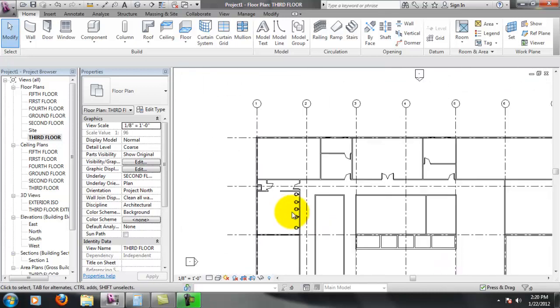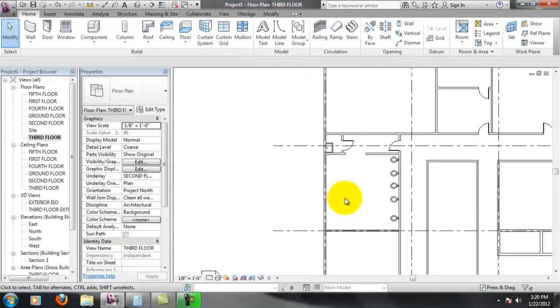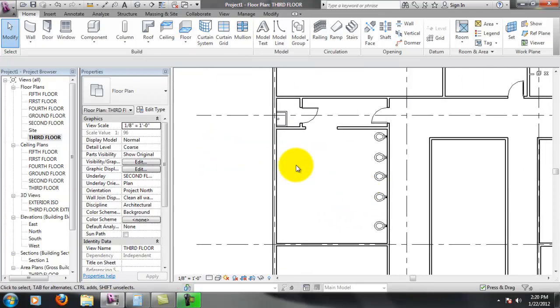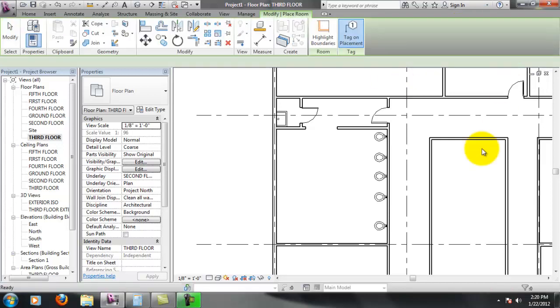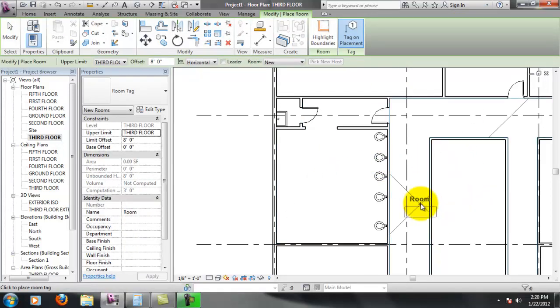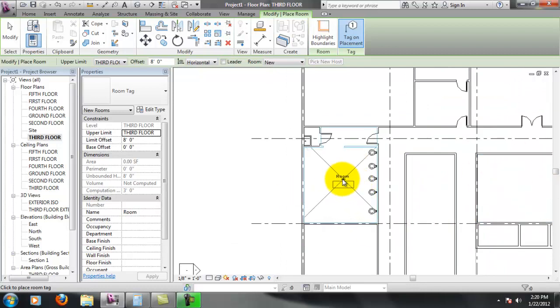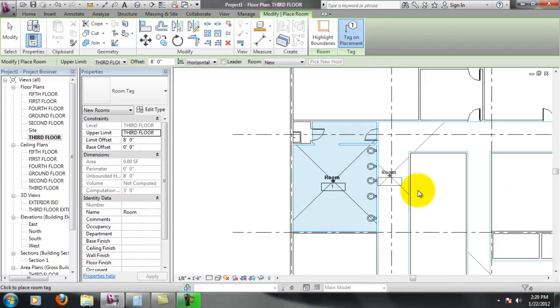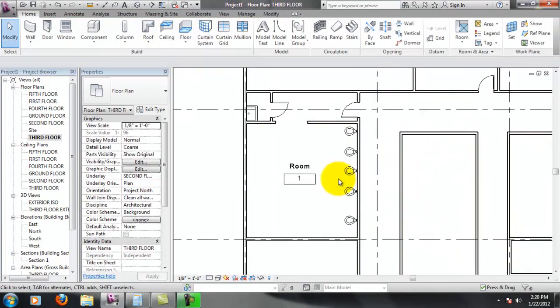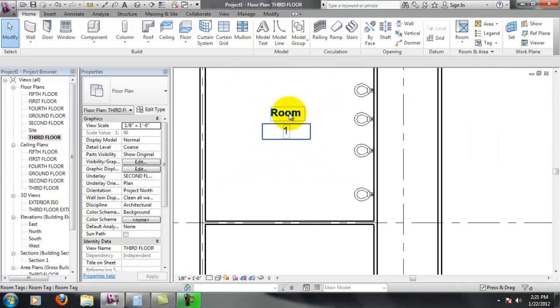I'm going to come back over here. Now, we said that this was the women's restroom, so I'm going to go ahead and tag this as the women's restroom. Notice up here by where the area plan was, there's a room thing here. If I select room, it's going to automatically go. See how it's going in between the boundaries of the walls, which is super cool because when it comes time to tagging each one of these rooms, it's as simple as just clicking inside the room. All right, so I'm going to just click in the center of this room here and hit escape. And that's going to give me room 1 with the room tag below it. So if I double click on room 1,